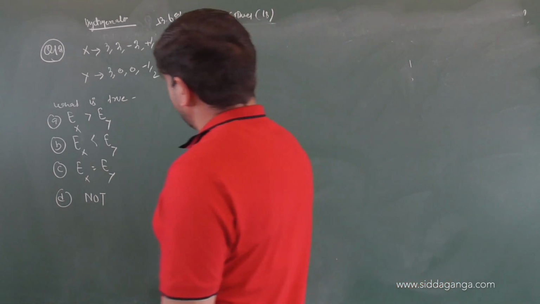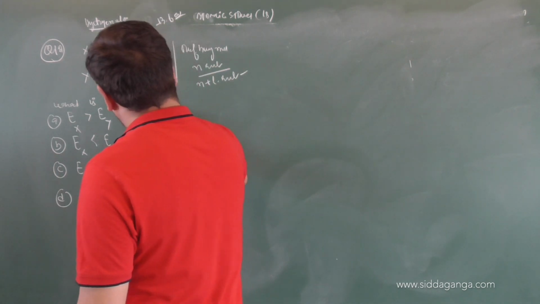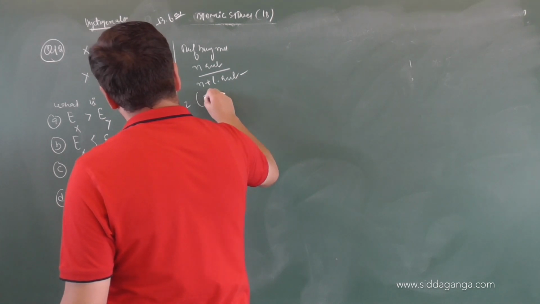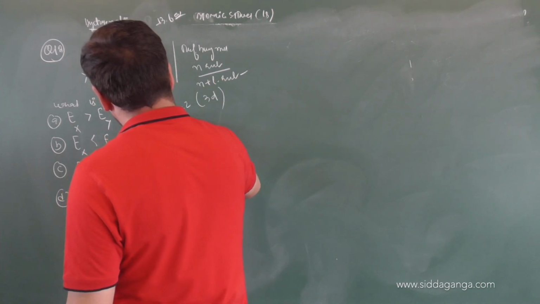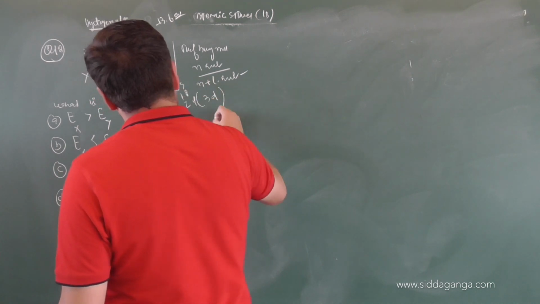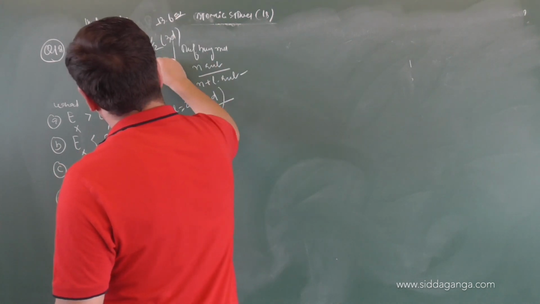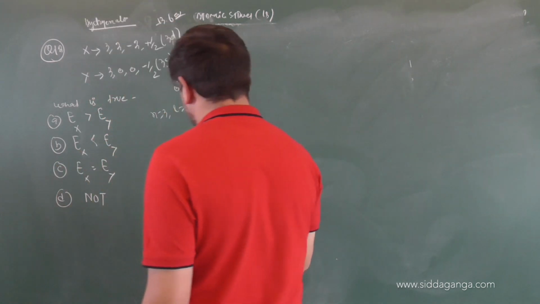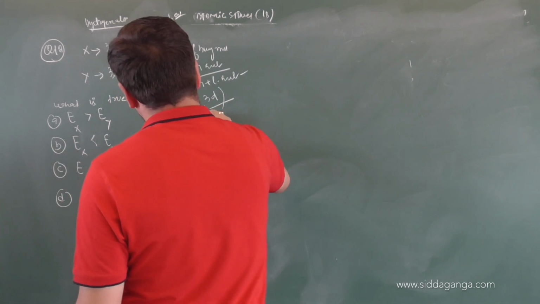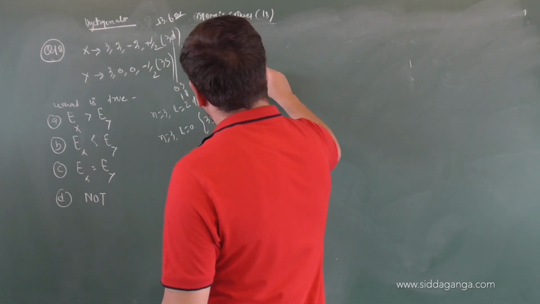So logically, children, we have 3, 2, minus 2, plus half. What is the n value given to you? 3. The l value is 2. That makes it 3d, because when n is 3, l will be 0, 1, 2. It is spd. So here we are talking about a 3d electron. And here we are talking about a 3s electron. Right or not? Because n value is 3, what is the l value? 0. So logically we are talking about 3s. Now we have 3s and 3d.